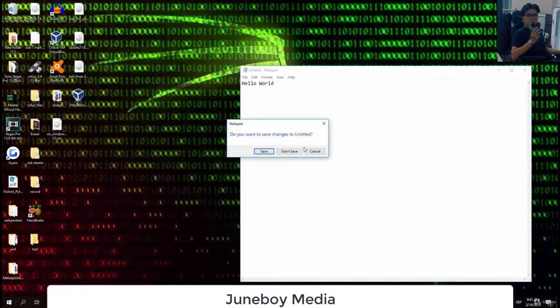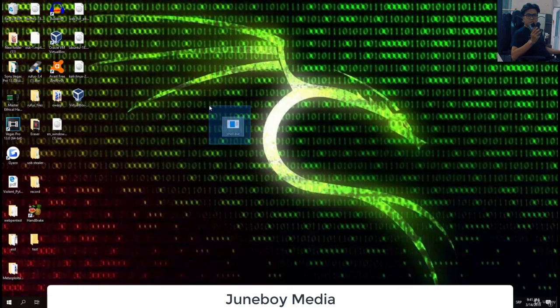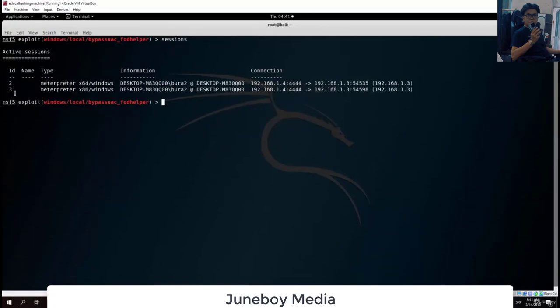Let me just close this hello world since we don't need it. This is the session number ID 2, and the session number ID 3 is the one that we got with the bypass UAC fodhelper, which we used in order to elevate our privileges. But if you notice right here, we are still not the administrator or the system privilege account on that target PC. We are still this account right here. So what you want to do is